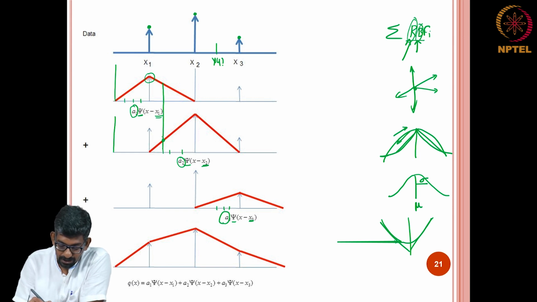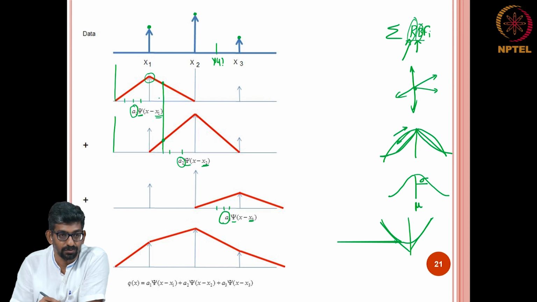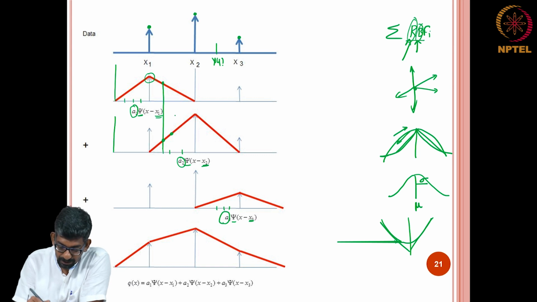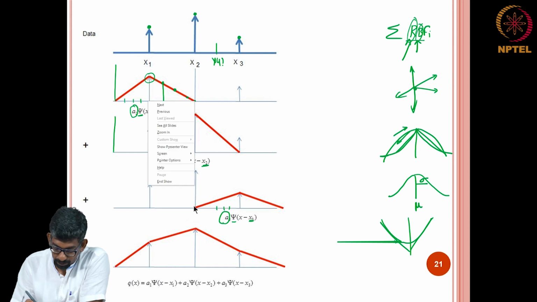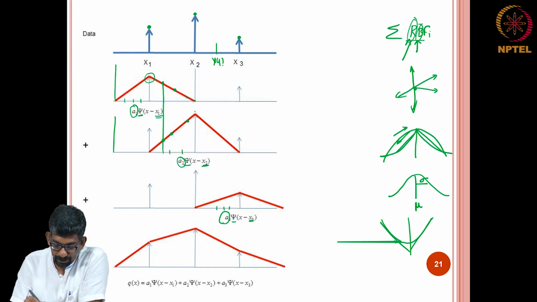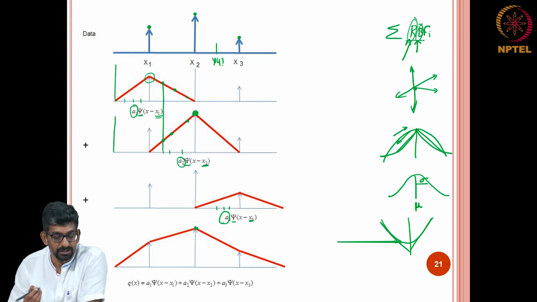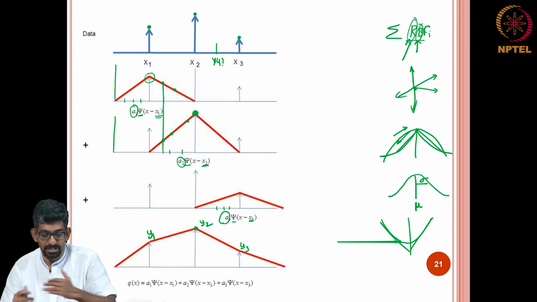Whatever this value was, to that I need to add that value also. Then whatever this value, I will add this value, whatever this value, I will add this value. Then when it comes here, this value will go to 0, but however this one will start. So, if you look at it, whatever value was here is what will be here, which is nothing but your x 2's corresponding y 2, this will be your y 1, this will be your y 3. You understand, right? So, I am just adding up.